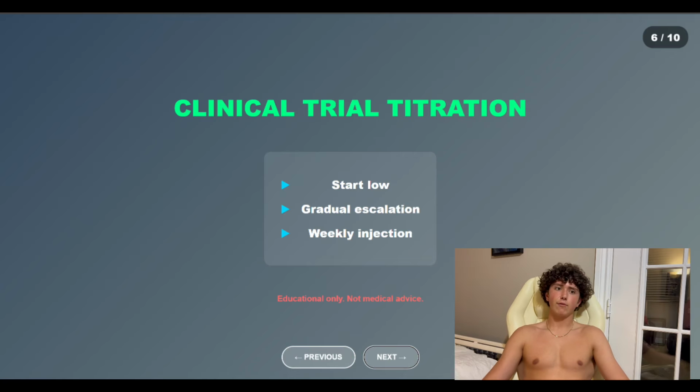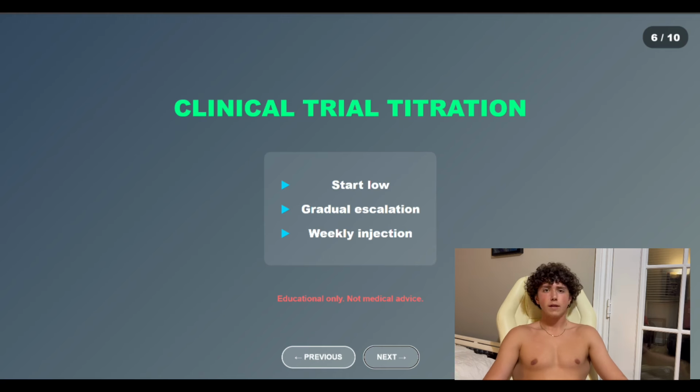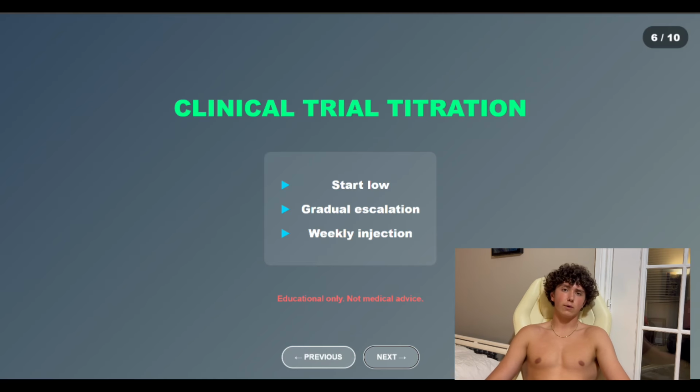Then escalate every 4 weeks. So you run 2 milligrams for the first 4 weeks, then you can go up to 4 milligrams, and then 8 milligrams, and then up to 12 milligrams. So anywhere from 6 to 12 would be your maintenance once you titrate up, so you stay at that dose weekly. Retatrutide, you inject under the skin once a week in your arm, in your thigh, or in your stomach,